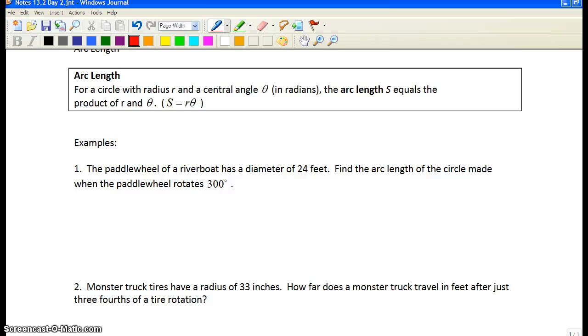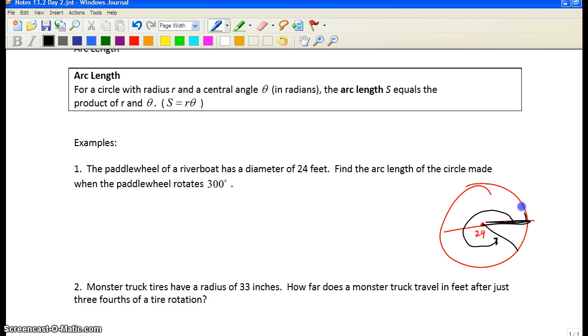In this situation, if you have a paddle wheel on a river boat that has a diameter of 24 feet, draw a picture. 24 feet, it's a circle. A paddle wheel on a river boat is a circle, if you ever picture one. Find the arc length of the circle made when the paddle wheel rotates 300 degrees. What I mean by that is find the distance on the circle when the paddle wheel rotates 300 degrees,